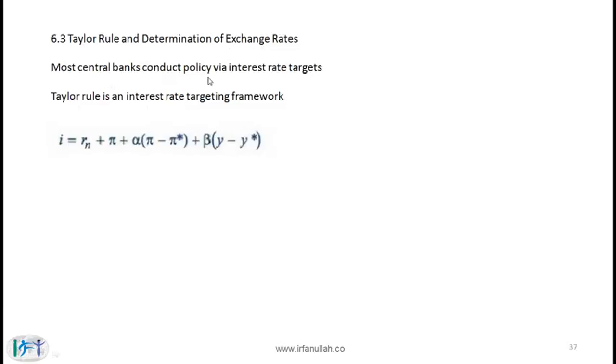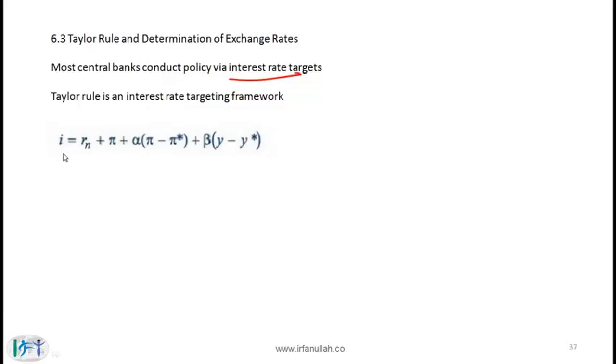Most central banks conduct policy via interest rate targets. So up till now, essentially, we've been talking in terms of money supply, but the fact is that most central banks conduct policy via interest rate targets. And the Taylor rule is an interesting framework that allows us to estimate the interest rate that will be set